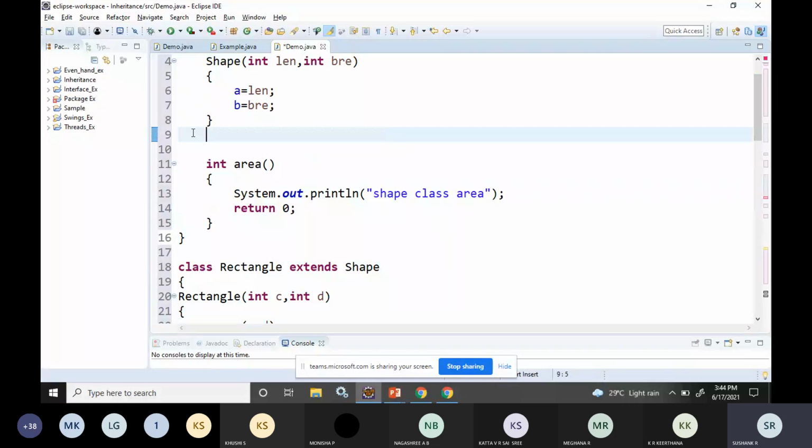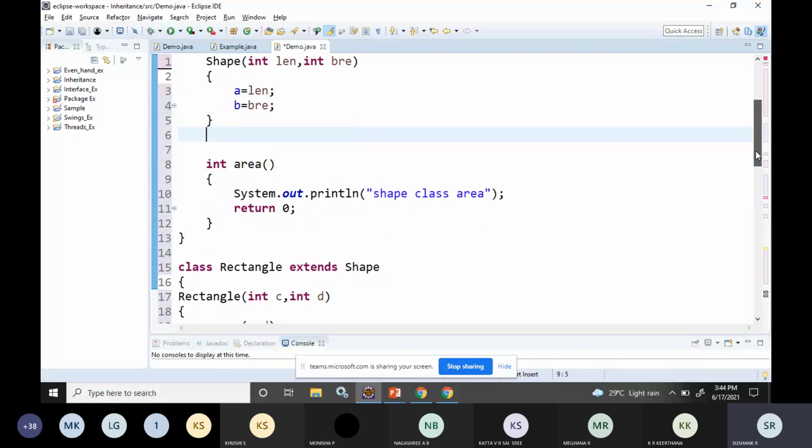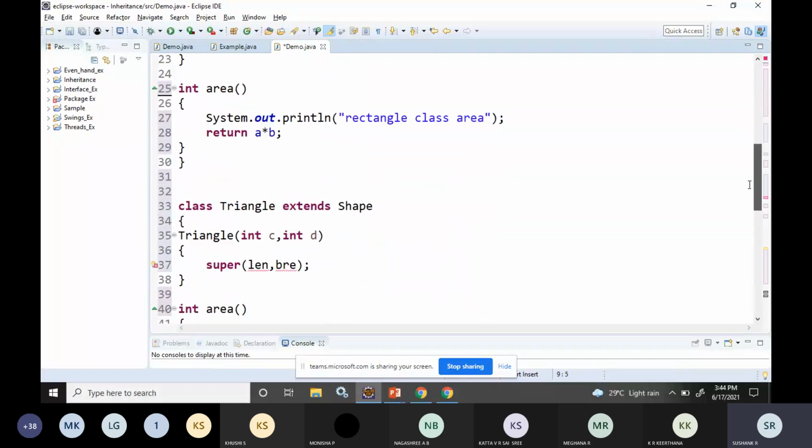But remember one thing. The names you use inside the subclass constructor should be accessible, because the superclass variables are not accessible there.